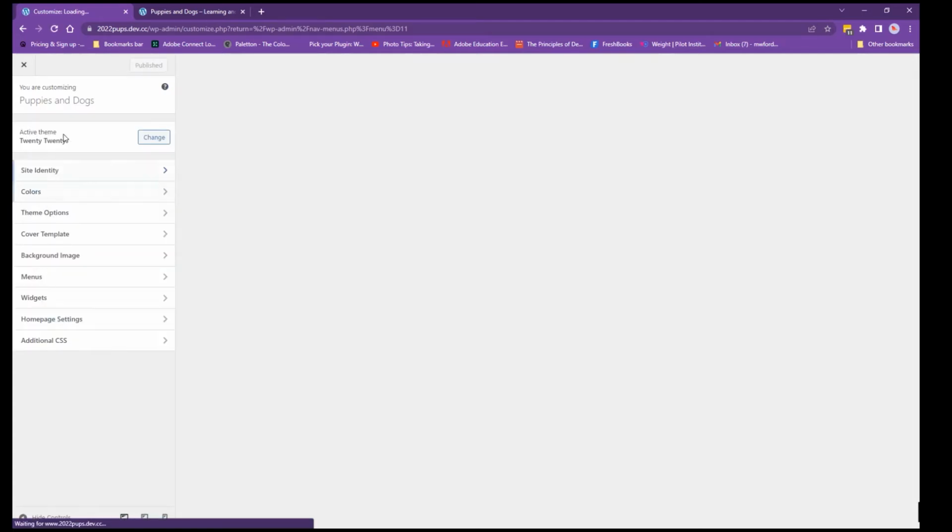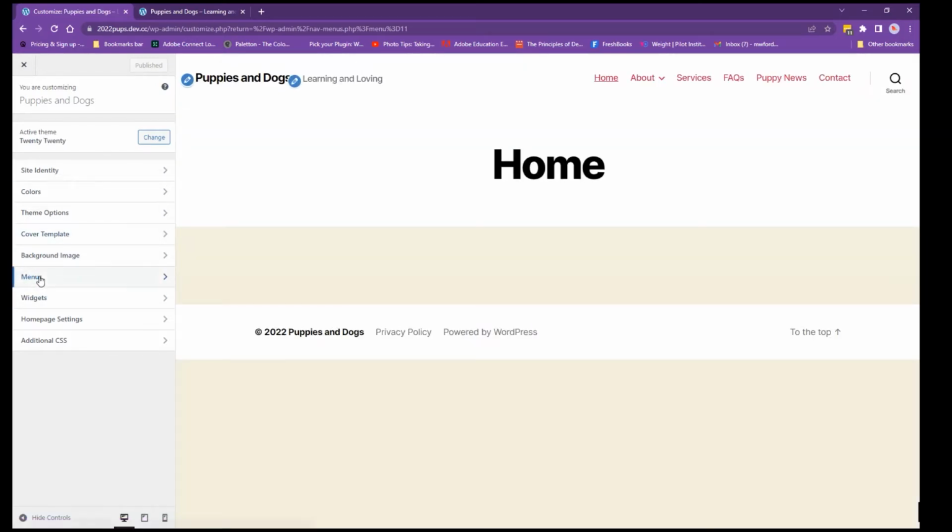So then when I come here, the customizer is different for every single theme, so you have to be very aware of it. But there is this menu option that should be for most of your themes that are non-full site editing themes right now. So this is for non-full site editing themes. So then I can actually select this menu,